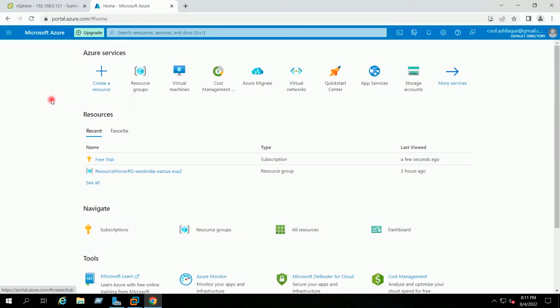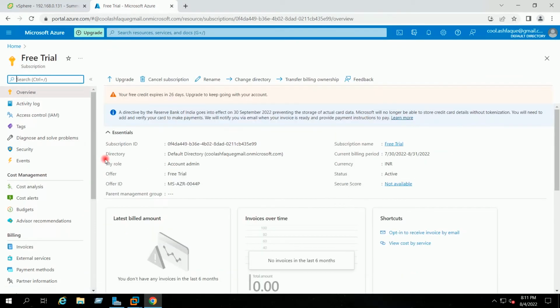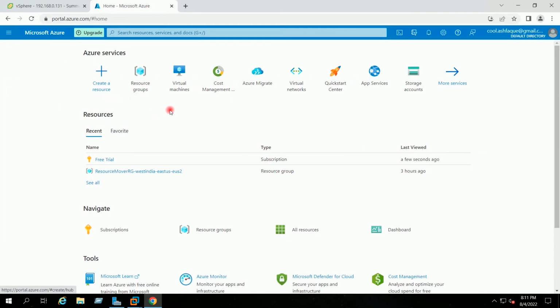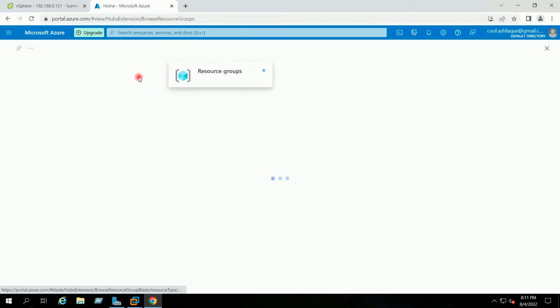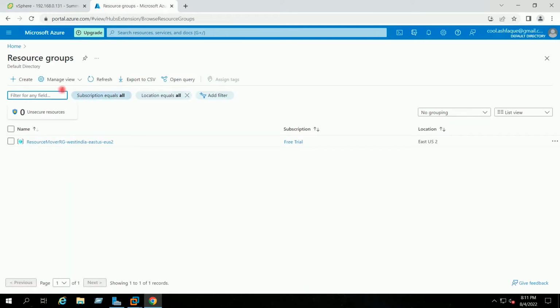I have logged into the Azure portal, and you can see here I am using the free trial subscription. I will go to resource groups, create.